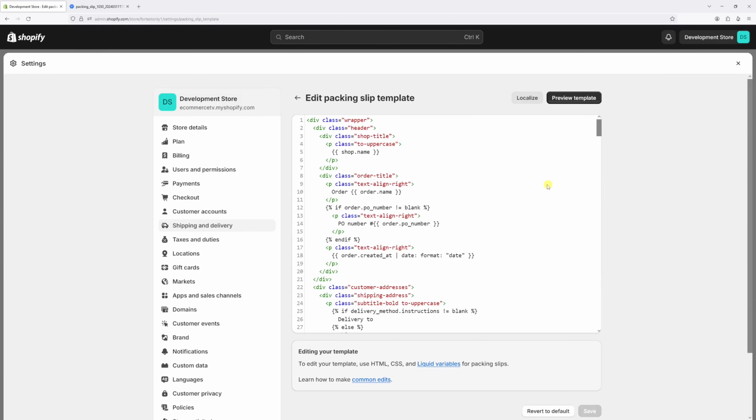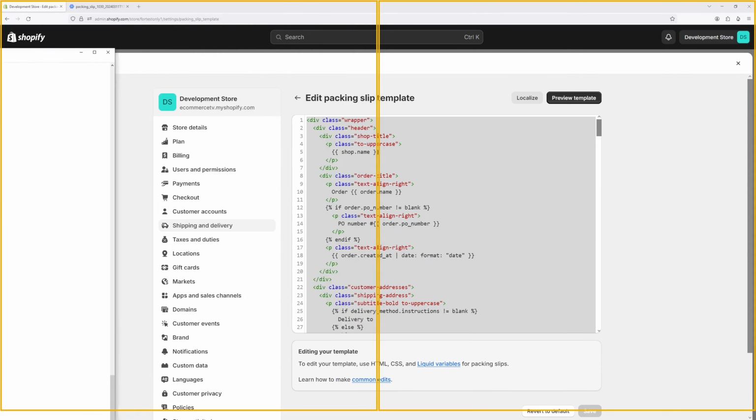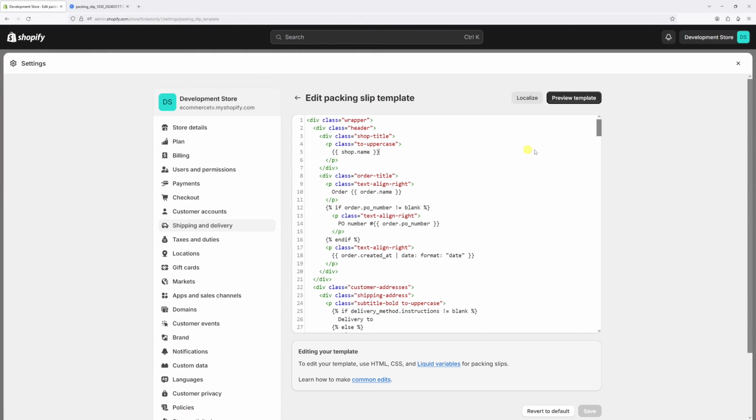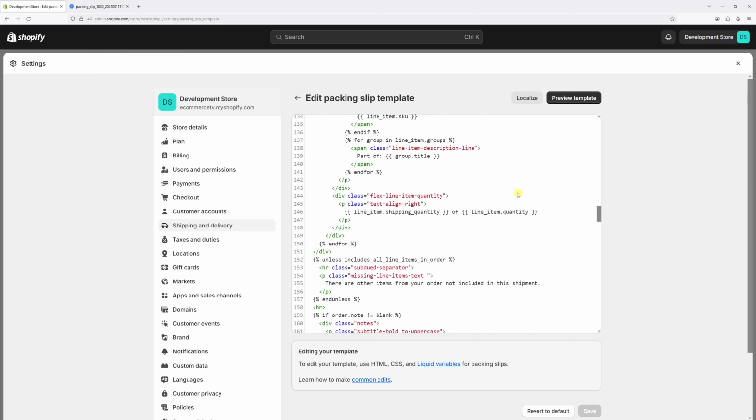Before making changes in the template, let's save a local copy. So let's go ahead and select everything, copy, and then paste it in the text document on the computer, just in case. And then let's scroll a bit down, roughly until line